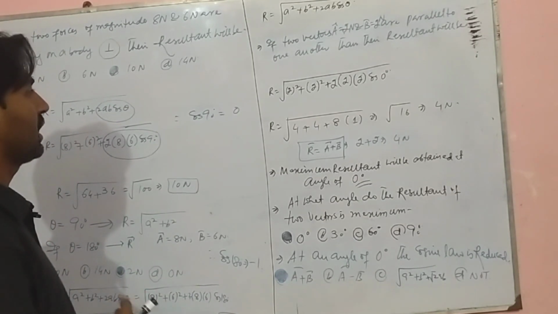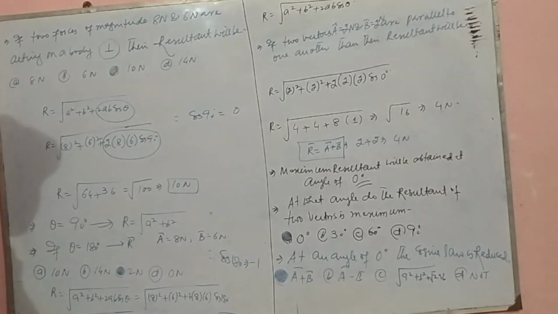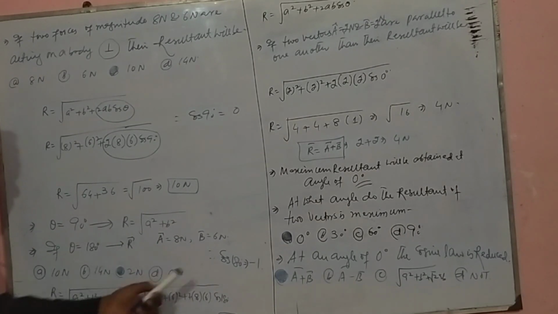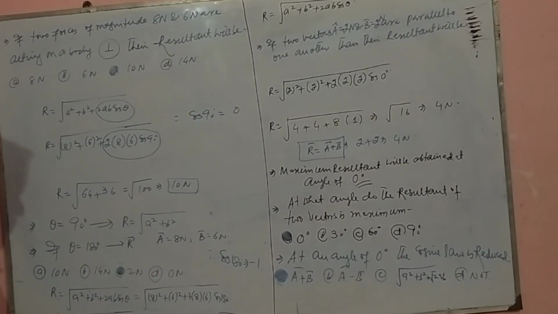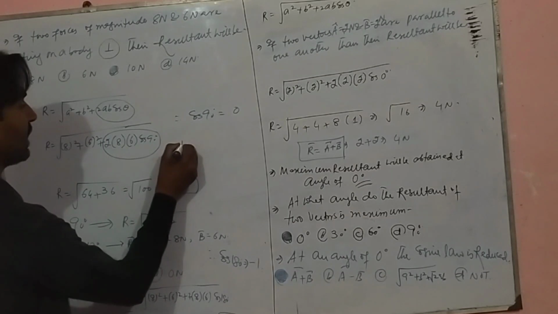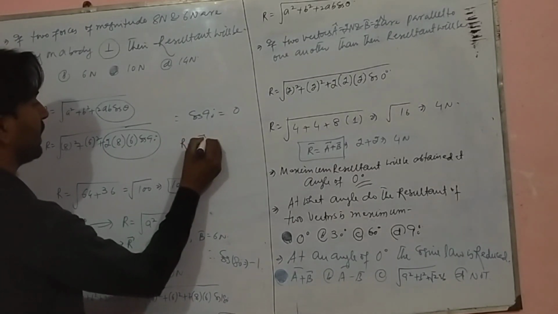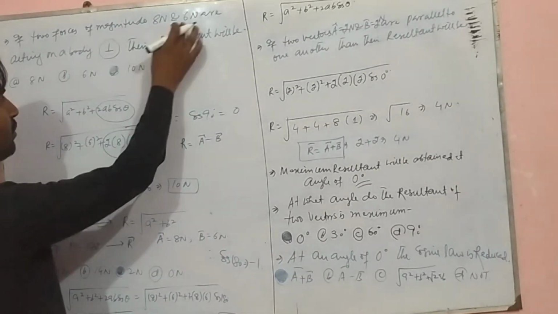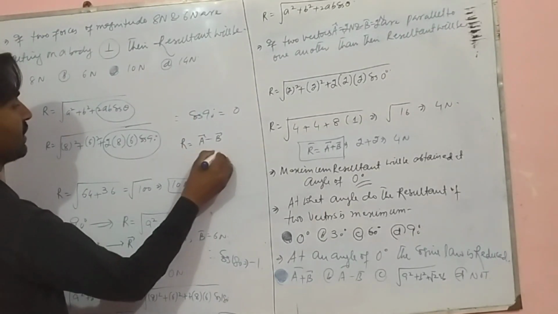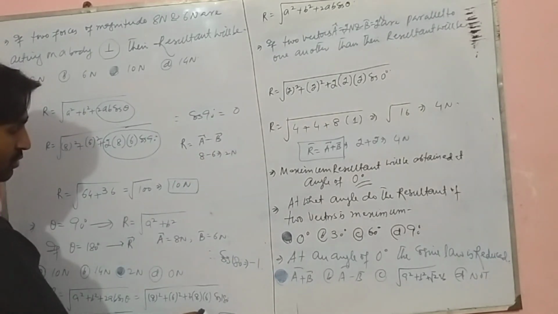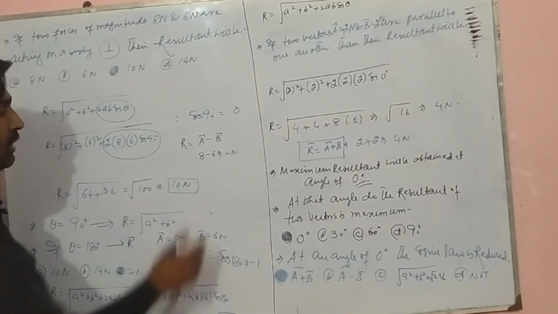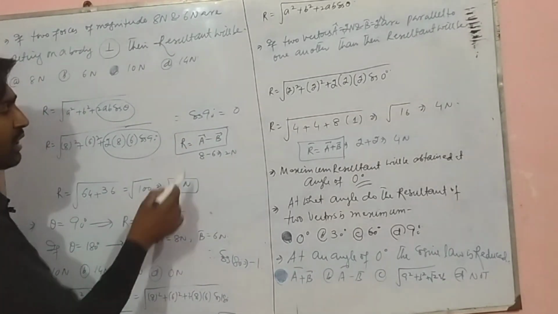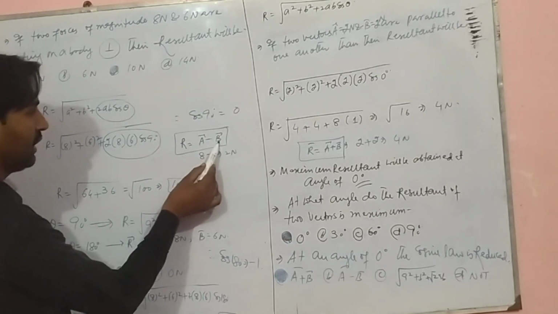So cosine law can be reduced in different manners. When the angle between two vectors is 180 degree, then how is cosine law reduced? Then cosine law is reduced to a vector minus b vector. Okay, how? A is 8, b is 6. So 8 minus 6 we will obtain 2. Here also we have obtained the 2 Newton. So if the angle between two vectors is 180 degree, then cosine law is reduced to a minus b.